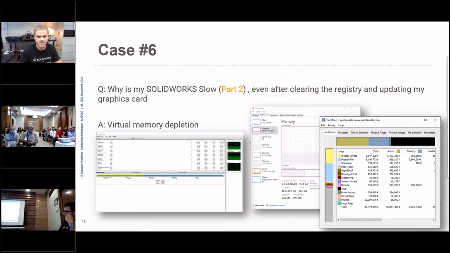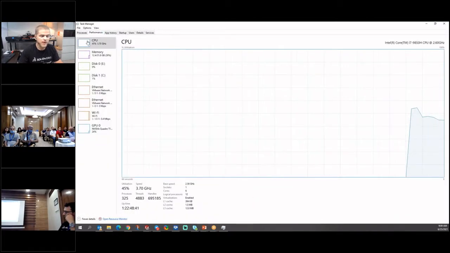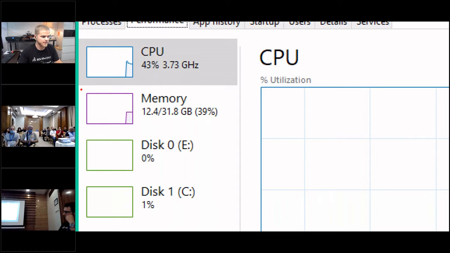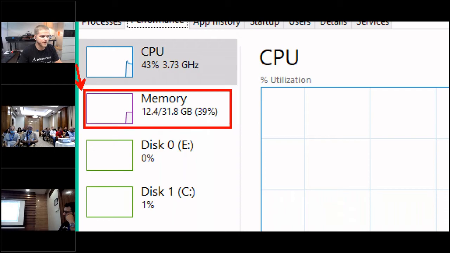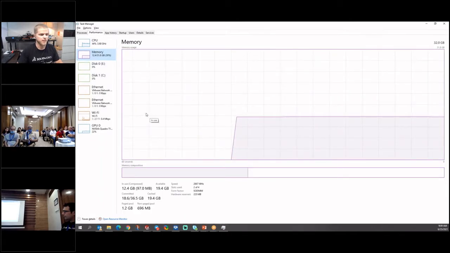So let's jump out to my Task Manager. This is a live view of my Task Manager on my machine, and I'm going to focus in on the memory aspect. My machine is telling me right now that I'm using 12.4 of 31.8 gigs. That's how much RAM I'm using right now. So you would think, hey, I have a lot of free RAM. That sounds like I'm only using about a third of what I actually have, or 39% utilization. There's more to this story. There's more to this memory story.